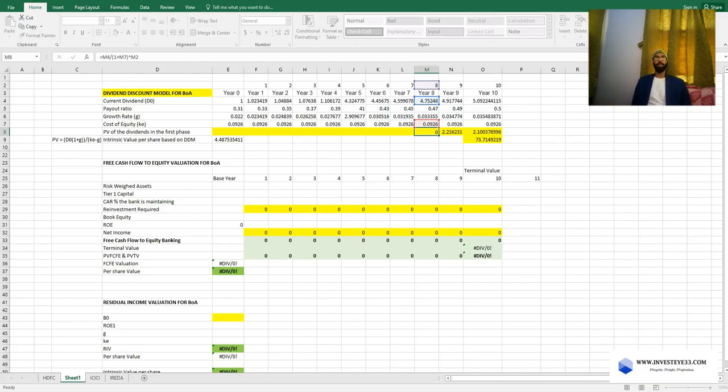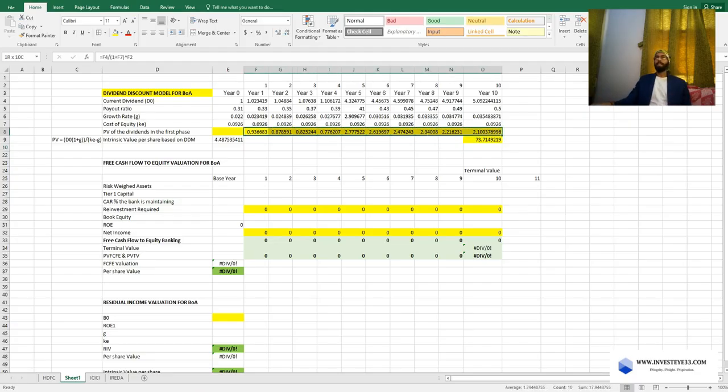So I'll just put it here, and then what I'll do is I'll stretch the value till year 1. Now you can see we have deduced all the present values of dividend incomes in the next 10 years. But one thing is still left. We have the value of Bank of America 10 years down the line, but this is not reduced to the